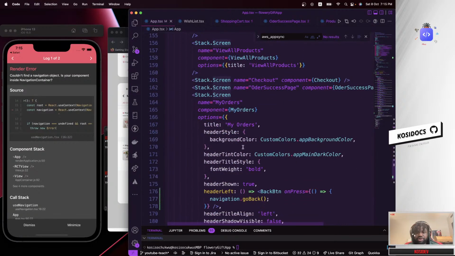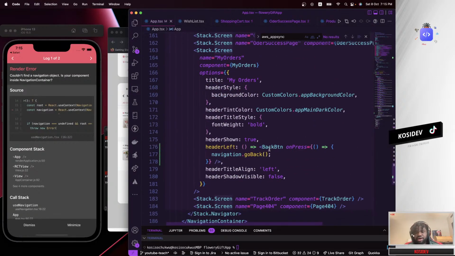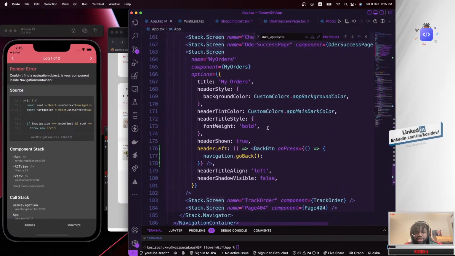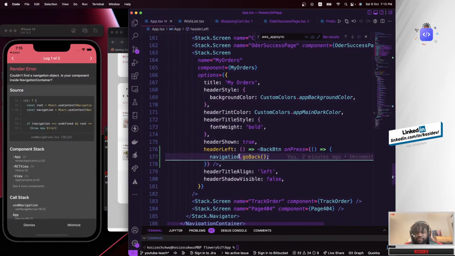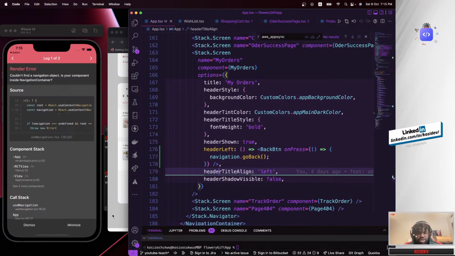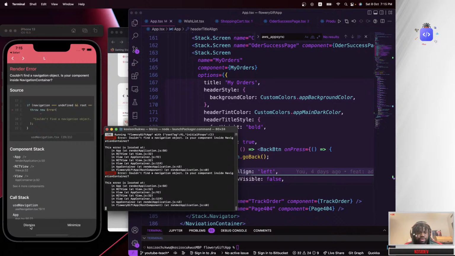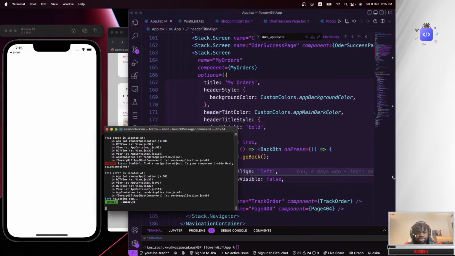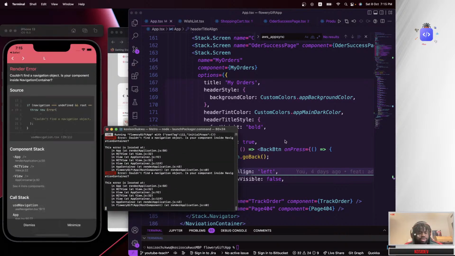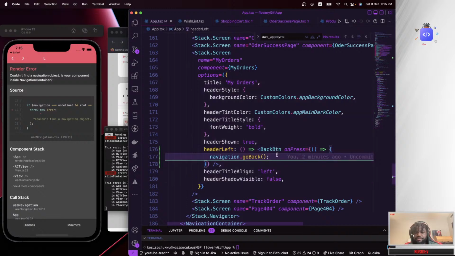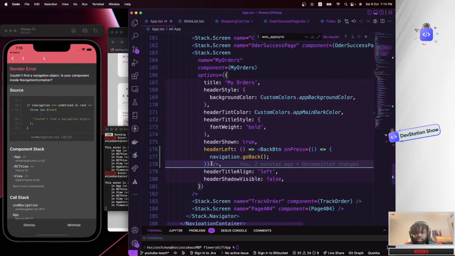We are doing that and not inside a component that is actually inside the navigation container. I think that's the reason why we're having this issue. I can try to restart this again. Yeah, I guess that's the reason. You can see nothing's going on again. So we need to find another way to fix this.